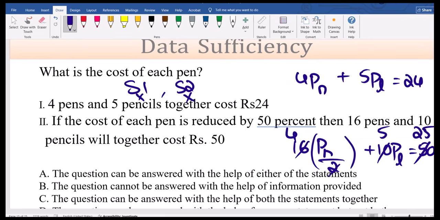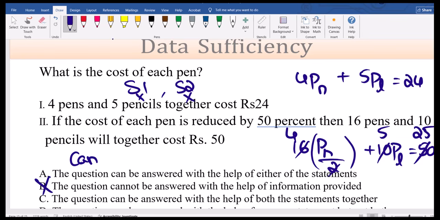It's reduced by 50%, means 50% cost. So previously the price was P, now the price is P by 2. 16 such pens, so 16 times P by 2. Now the left side equation is the same in both, the right side is changing, not possible. In the first equation the left side is 4 pens plus, and here also the left side is 4 pens plus. So it cannot be